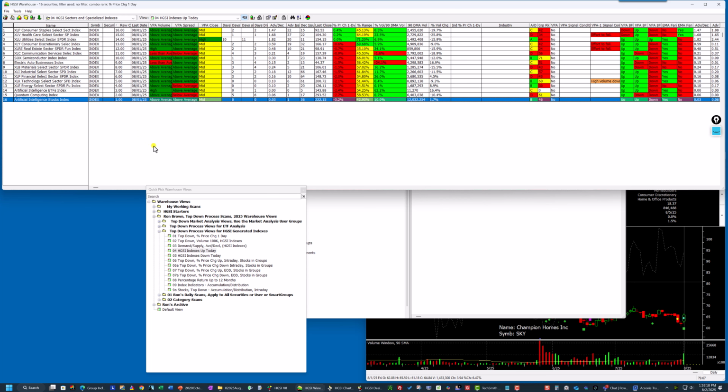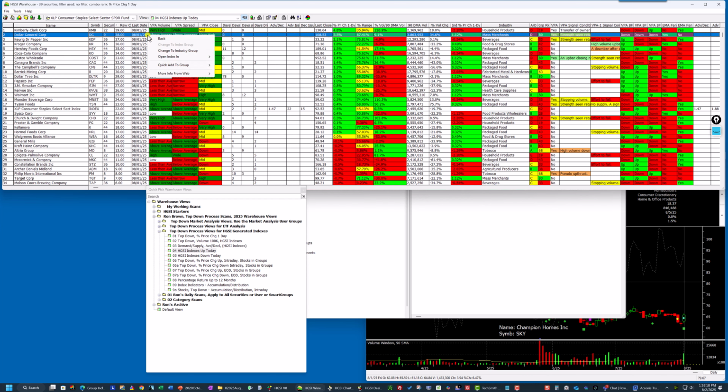So I just kind of lumped them in for these sectors and specialized indexes. And then you can go on down